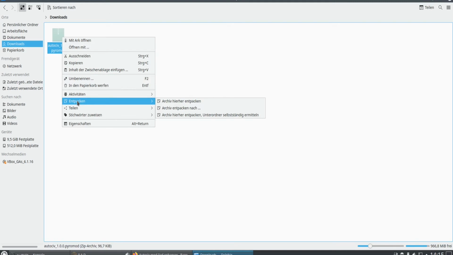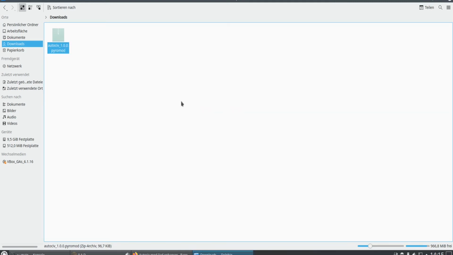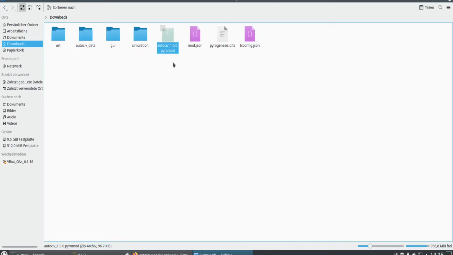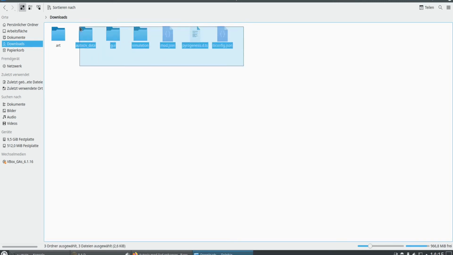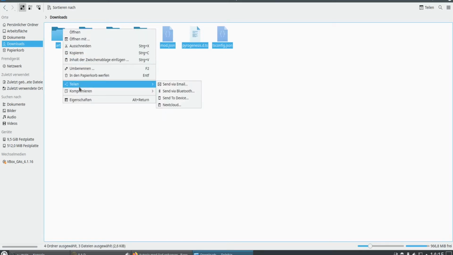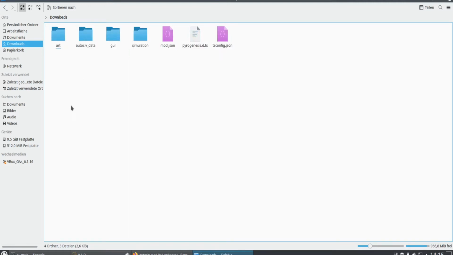And for extracting, somewhere maybe here. And this you don't need anymore. And now you need to copy that. Copy that to a folder named